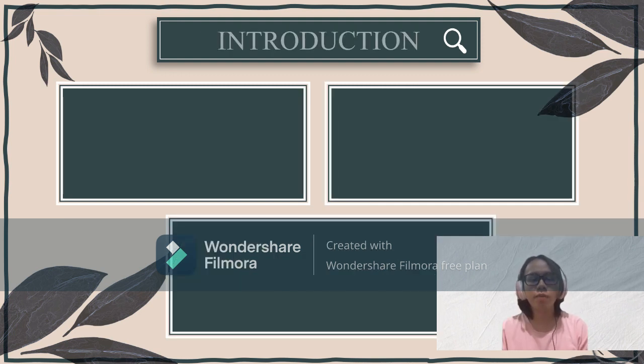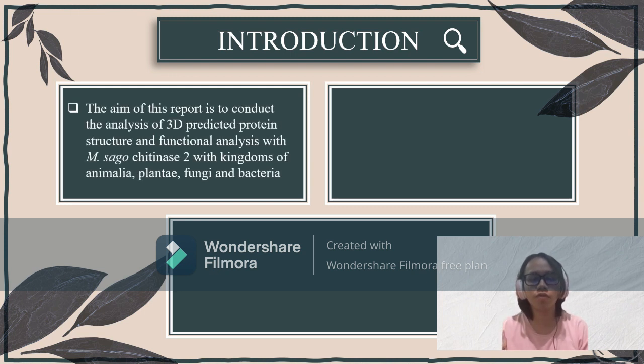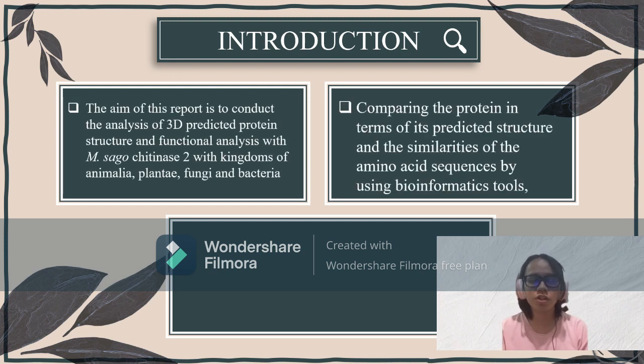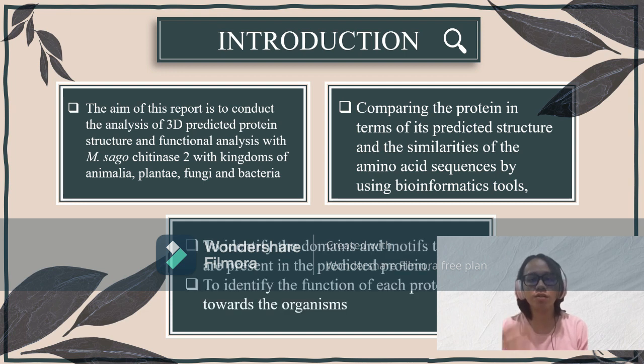Introduction. The aim of this report is to conduct analysis of 3D predicted protein structure and functional analysis with M.sagu kinase 2 with the kingdoms of Animalia, Plantae, Fungi, and Bacteria. The objectives are comparing the protein structures, identifying the domains and motifs, and identifying the functions of each protein towards